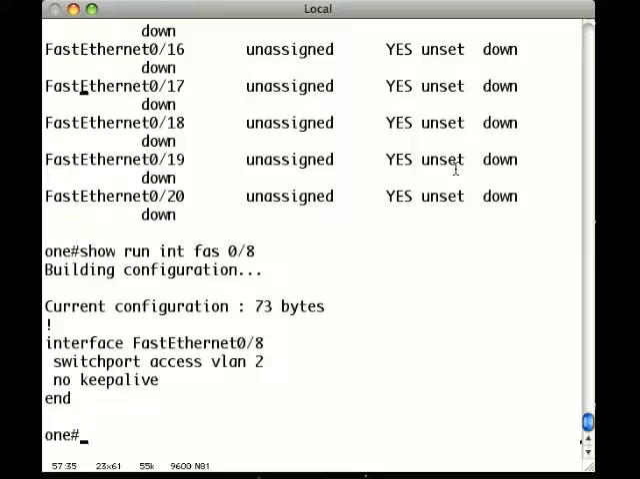Okay, so much for the no keep alive thing on switches. Not enough to keep it alive. Okay, so